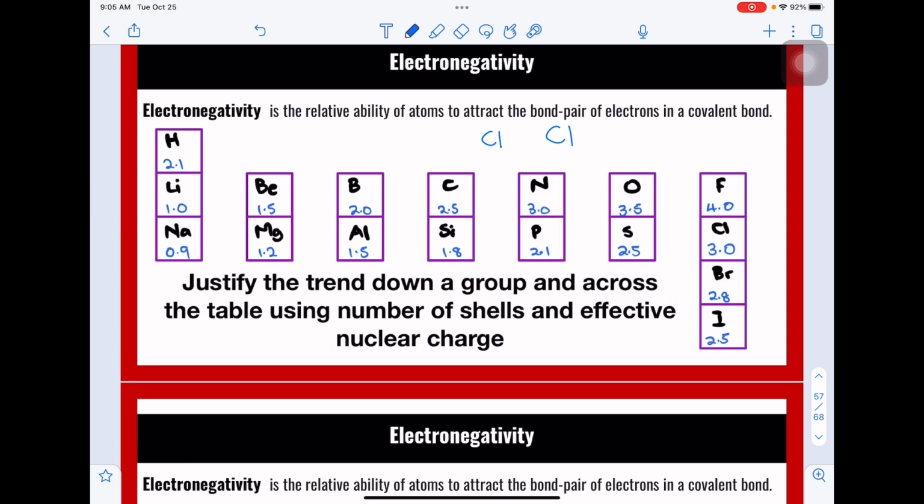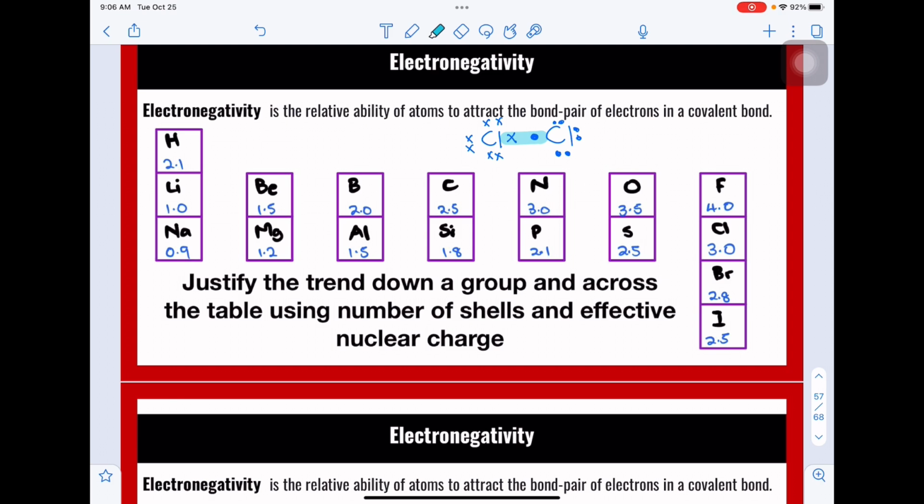Let me just represent them with a dot and a cross. So if we have 7 from here and 7 from here, and they are sharing these two. Okay, so chlorine and chlorine are sharing these two electrons, and because they are the same thing, they share equally,